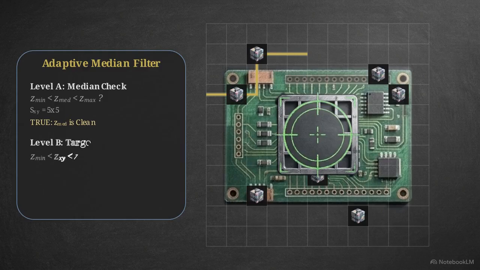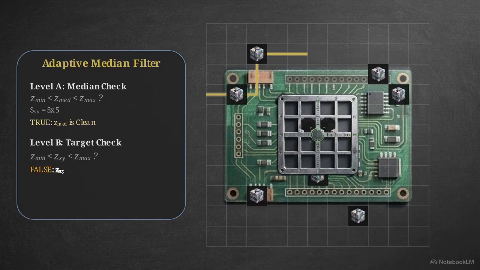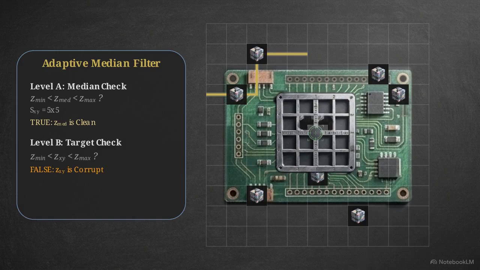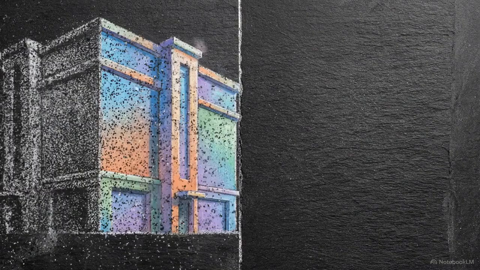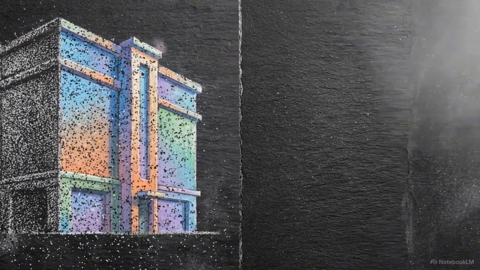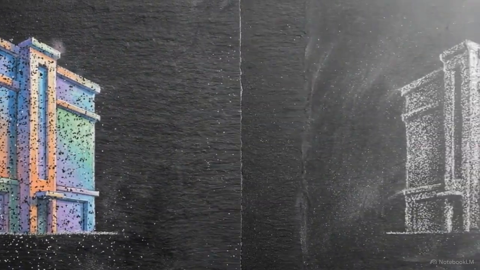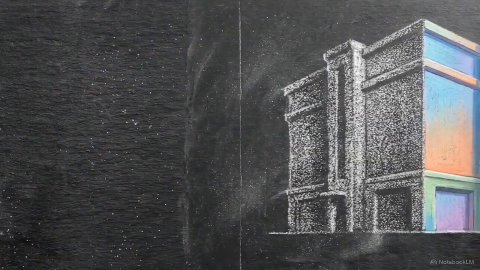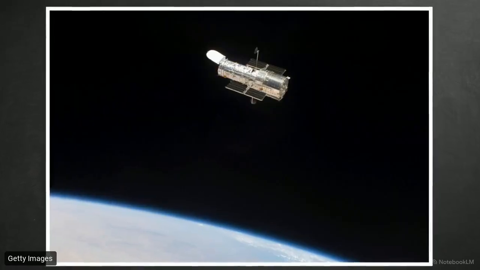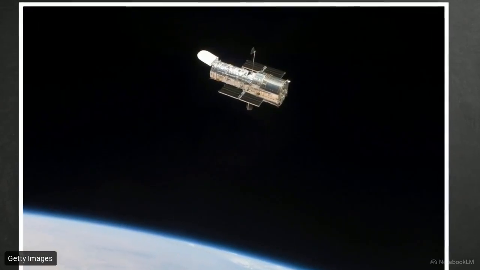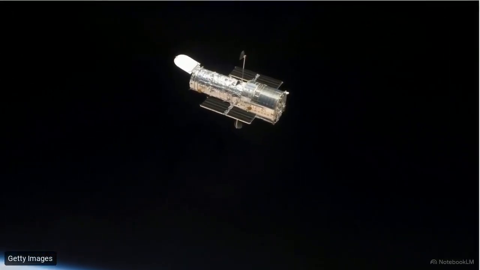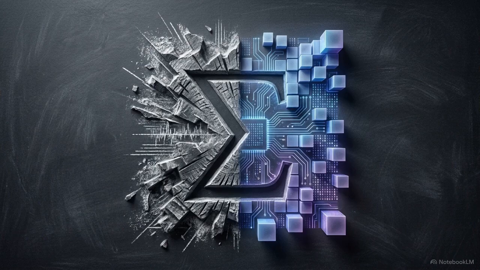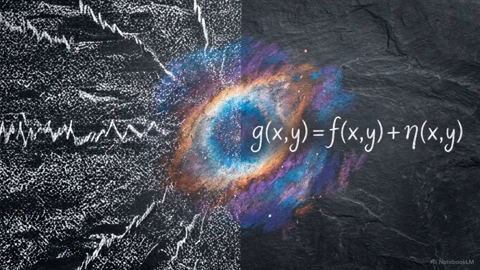A second gate, level B, then determines if the target pixel is truly corrupt. If it recognizes a valid edge or detail, the algorithm leaves the pixel untouched, preserving the original data. This dynamic logic allows the filter to simultaneously clear dense noise spikes and smooth out background variance, while perfectly protecting sharp structural edges. From deep space orbital imagery to industrial scans, the most effective methods of data recovery rely on precise statistical modeling. Digital image restoration proves that entropy can be reversed only when we move past superficial enhancement and engineer an exact